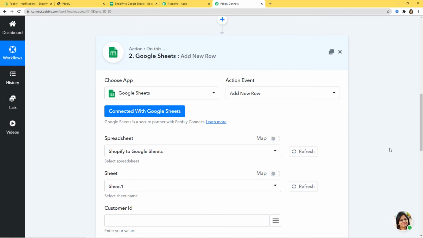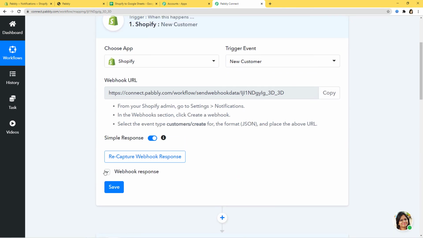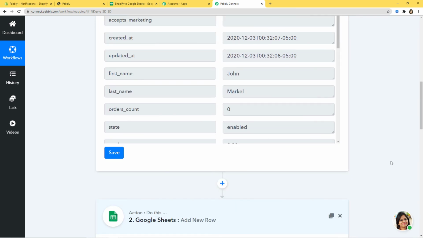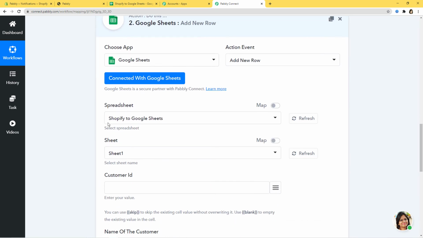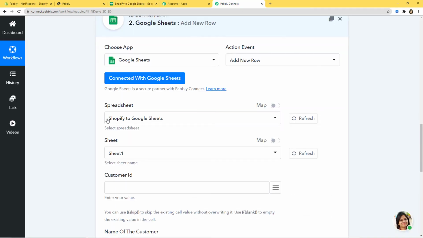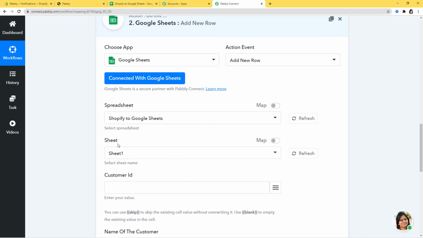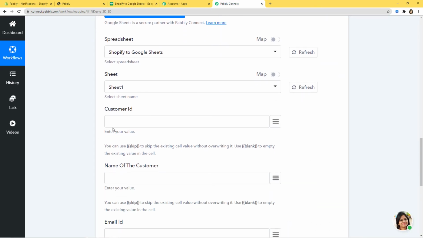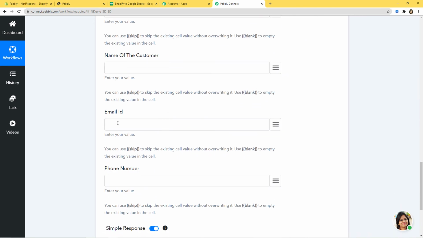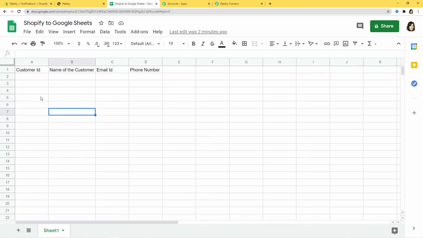Okay, so now you can see we have all these fields over here and we have to fill the information that we have got from our webhook response over here. Okay, so now here you can see spreadsheet. So the name of the spreadsheet has already been mapped over here. You can see the name of my spreadsheet was Shopify to Google Sheets and it has been mapped over here. And even the sheet 1, if I go back to my sheet, you can see it is sheet 1 and that is why that has been mapped over here. Okay, now customer ID. So customer ID, name of the customer, email ID, phone number. These were the fields that I already created in Google Sheets because I want all these